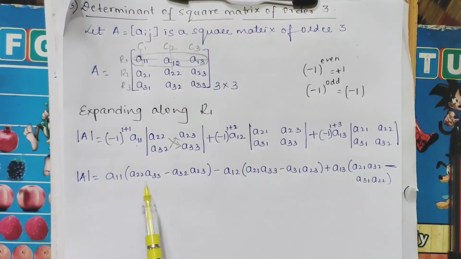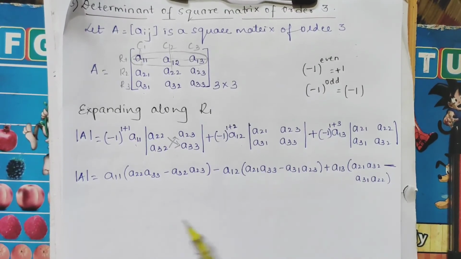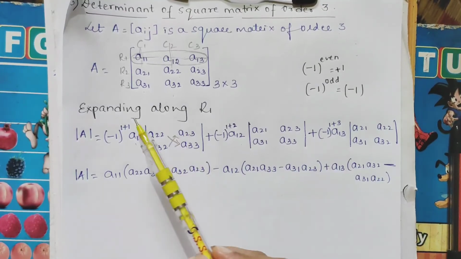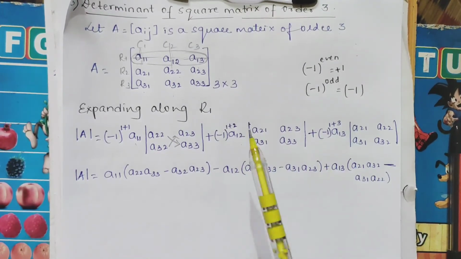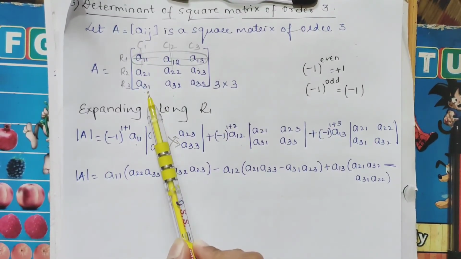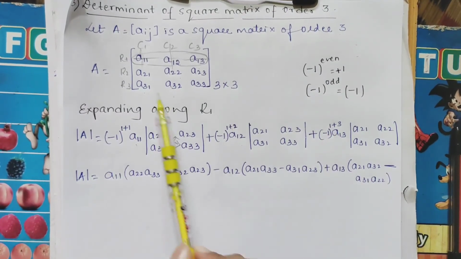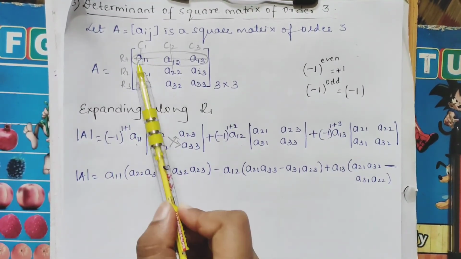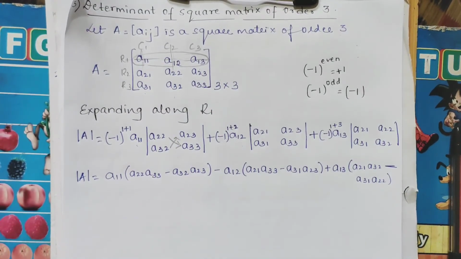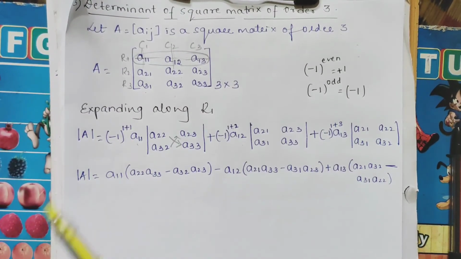Next, after multiplying this, the subtraction will be there. Even this number you have to multiply. Simple. This is the same procedure. The same procedure follows for row 2, row 3, C1, C2, C3. If you are taking along C1, your elements will be A11, A21, A31. So when you are taking A11, the same follows. First column first row, first column second row, first column third row. You just have to delete the particular rows and columns which you are expanding along.